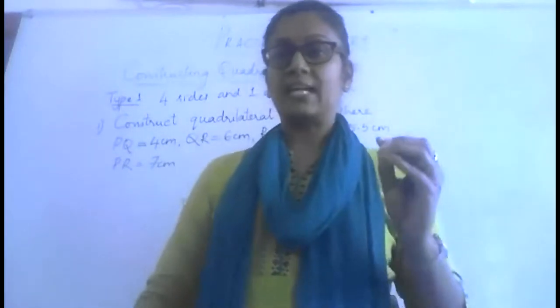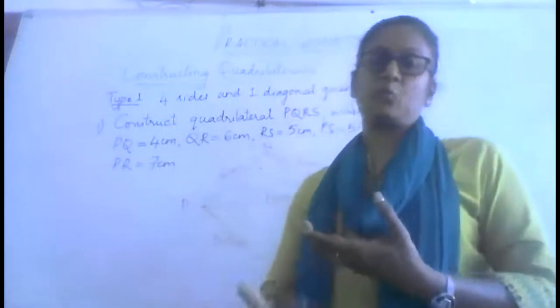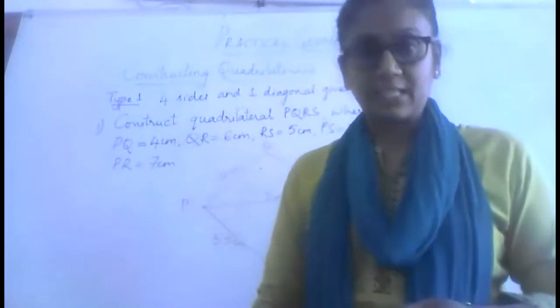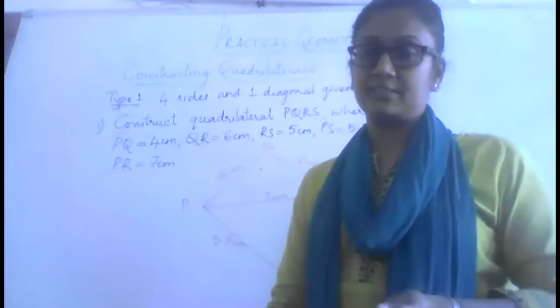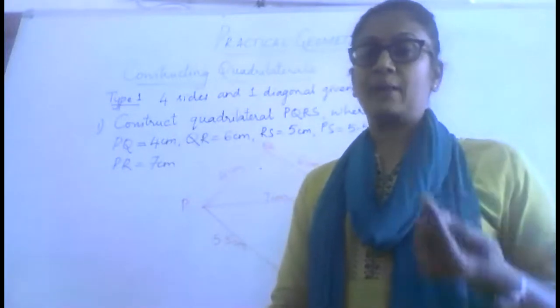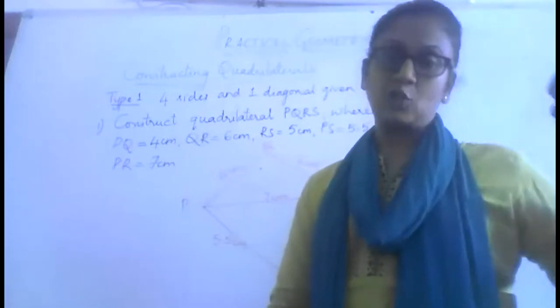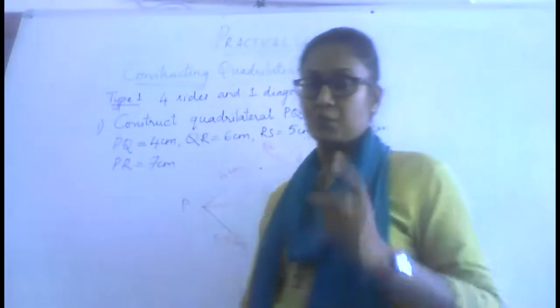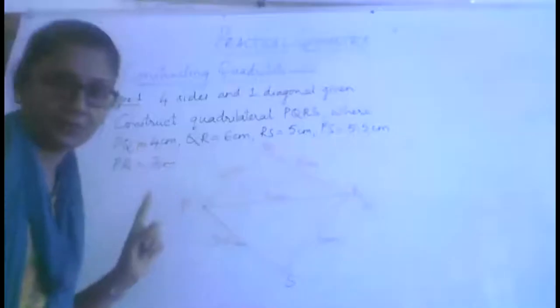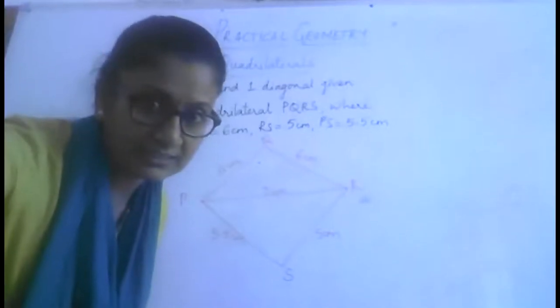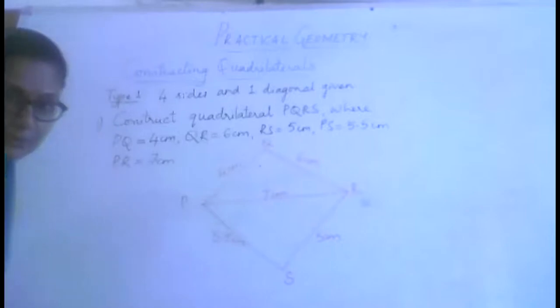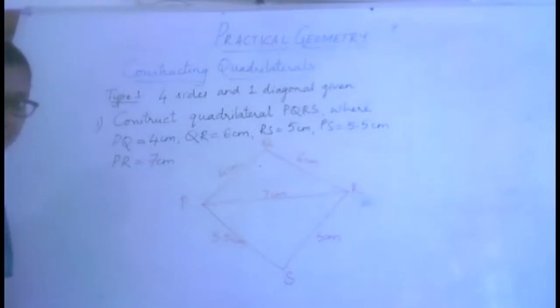Now, before we start, there are 5 different varieties of constructions which we shall deal with in this class. Alright, so we will take them one by one. And every time we take one variety, we will also be focusing on the properties of the quadrilateral. So the first variety, I have put it on the board. You must tell me if it is clear and visible. Are you able to see the board? Yes, ma'am, we can see.